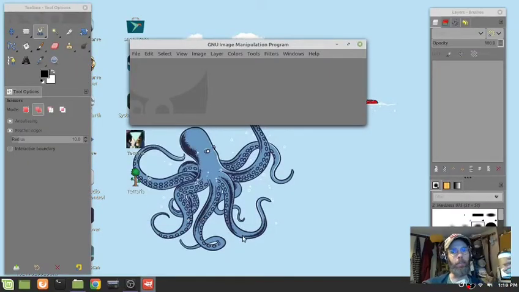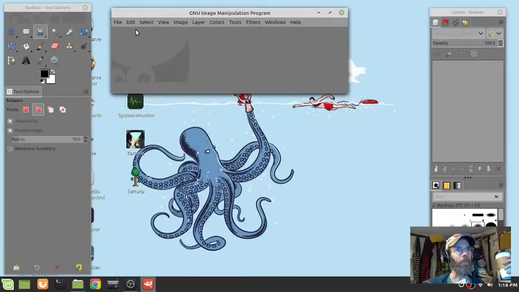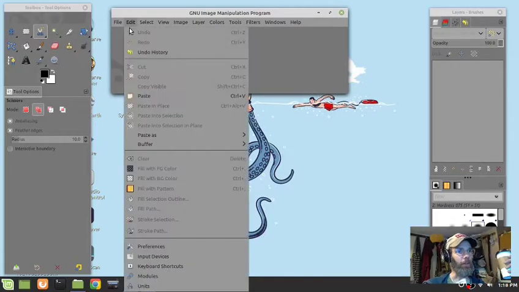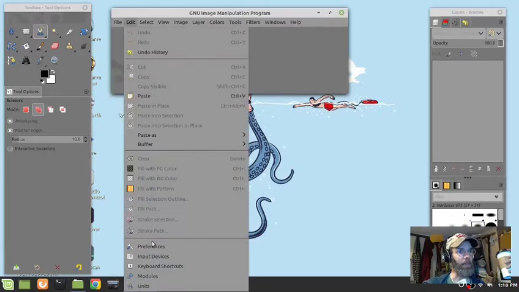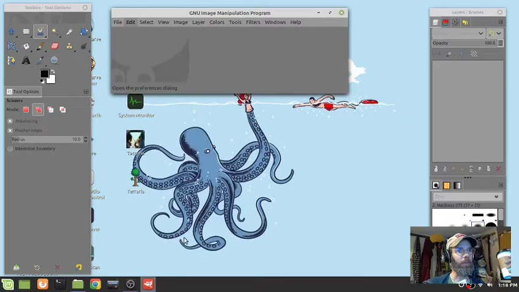Okay, and GIMP just came out with a new version, 2.10, and it's a lot better, I've noticed, than the previous versions. As far as just the look of this toolbox area is cool and different. You can change the settings of it. If you go to preferences,